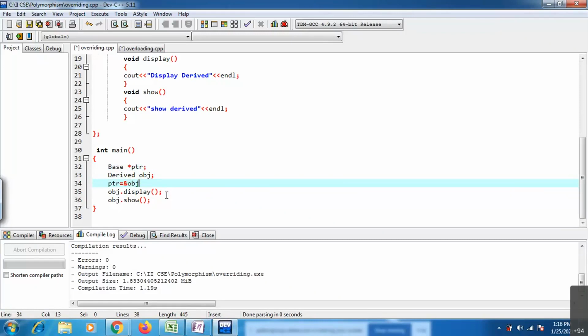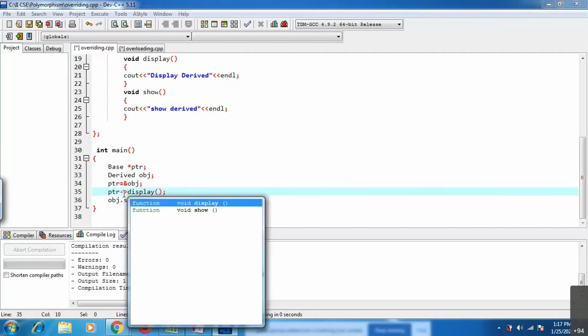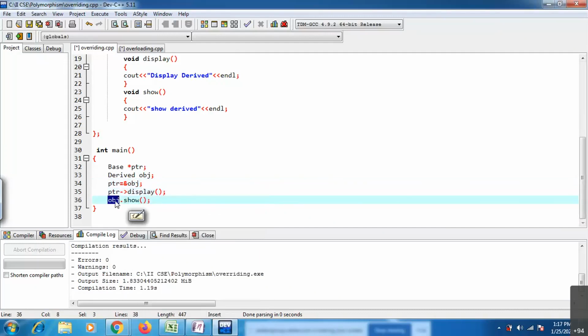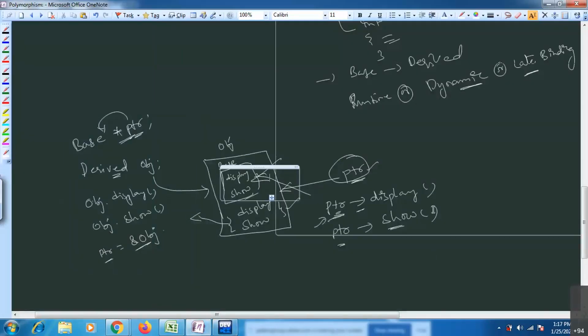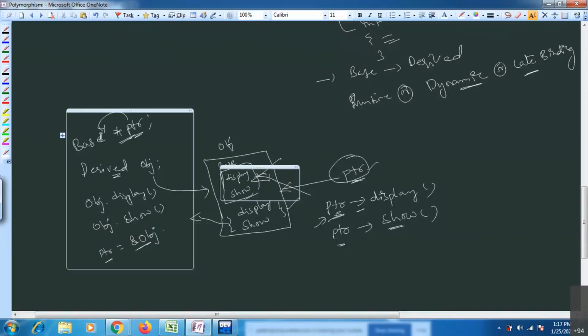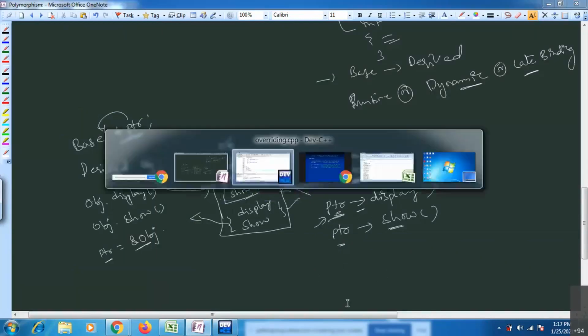I'm just storing the address of obj inside the pointer. Now by using the pointer, I'm accessing the display function, and also by using ptr, I'm accessing the show function. See what I said here: if I access like this, this pointer is a base class pointer, it always points to base class members only.